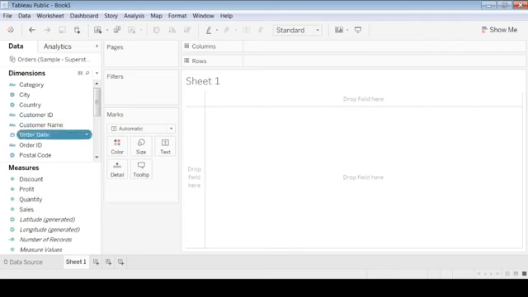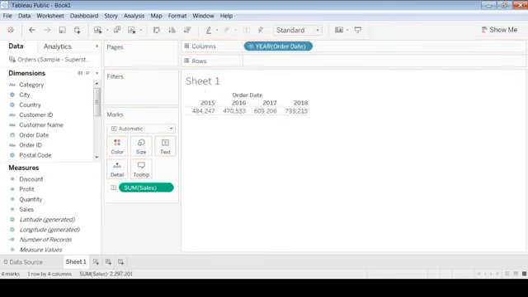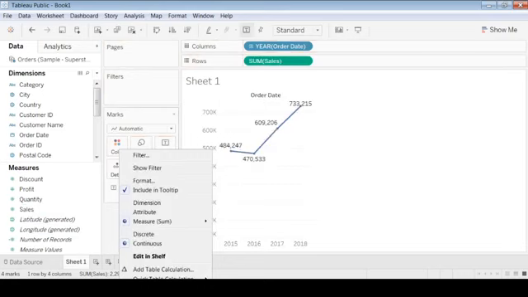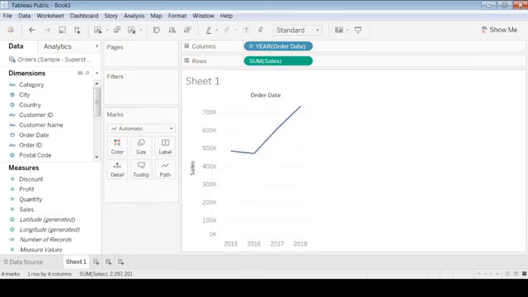So let us select order date and sales. Let us remove this one. Now you can find the graphical representation of the data. Fine. Now let us forecast.